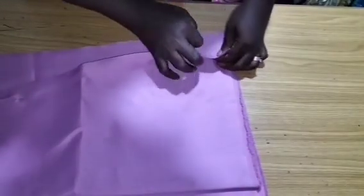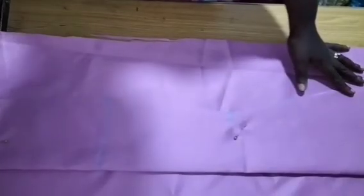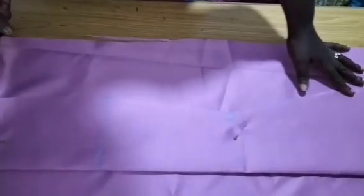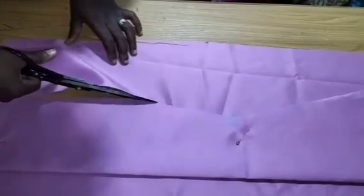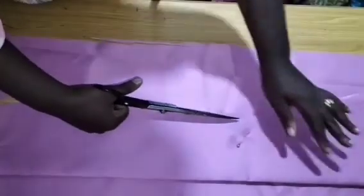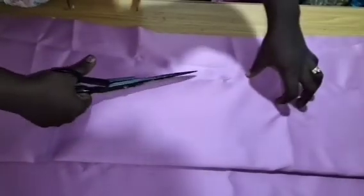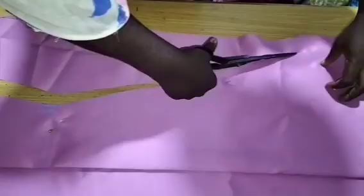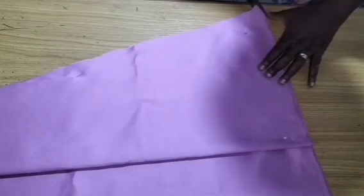Then you can secure with your pin. Make sure you secure with your pin every time. I'm going to pin before I cut, so I'll pin it now. After securing it with your pins, next is to cut out the side. I'll just cut the sides this way. Then you also cut out